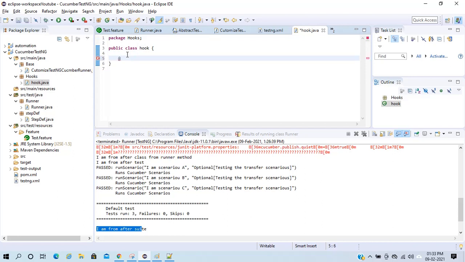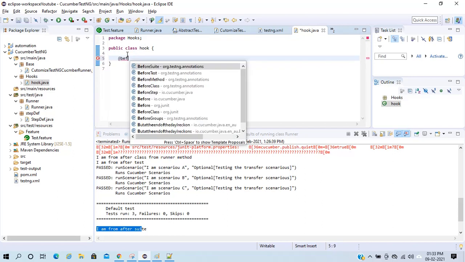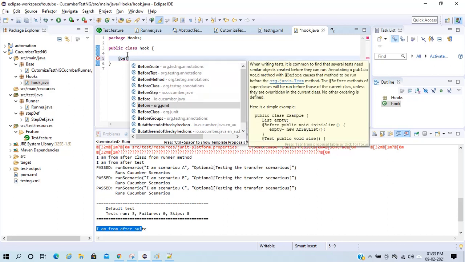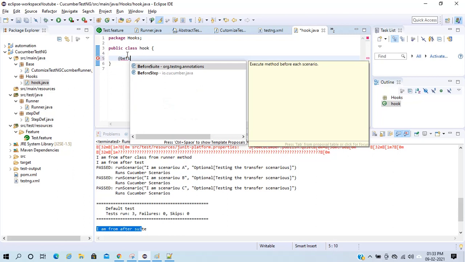So what I am doing here is I am doing before step.